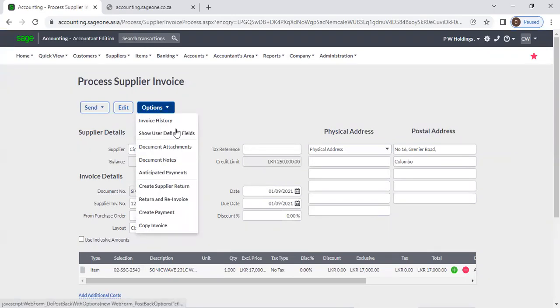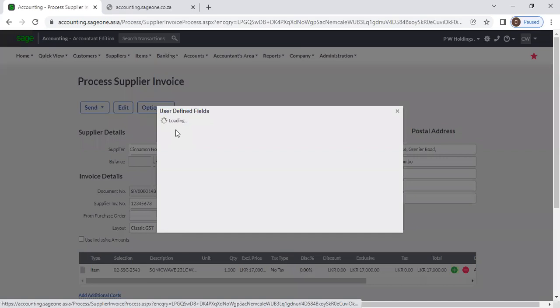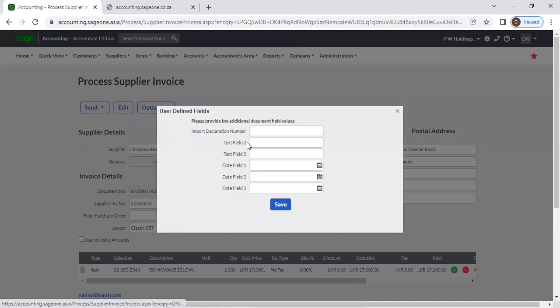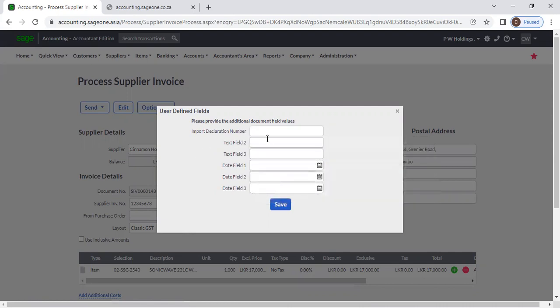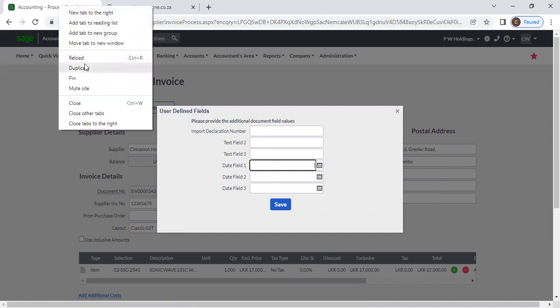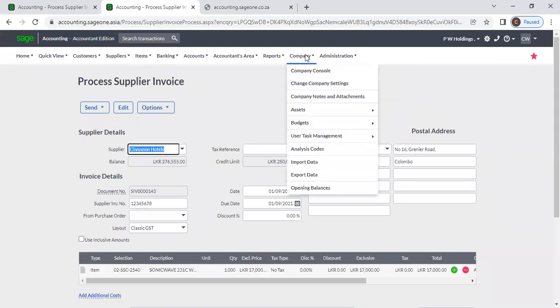Right, next, show user-defined fields. By clicking that user-defined fields, this user-defined fields will display. And if you want to enter additional details, you can enter here. You can enter 3 text fields and you can enter 3 date fields. And I think you can remember that you can change that user-defined fields from company settings. Go to company, change company settings,